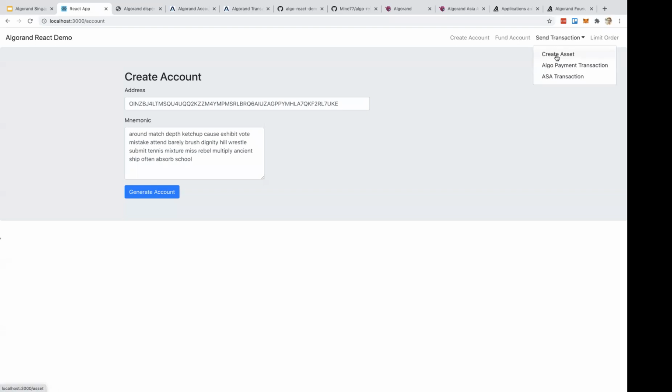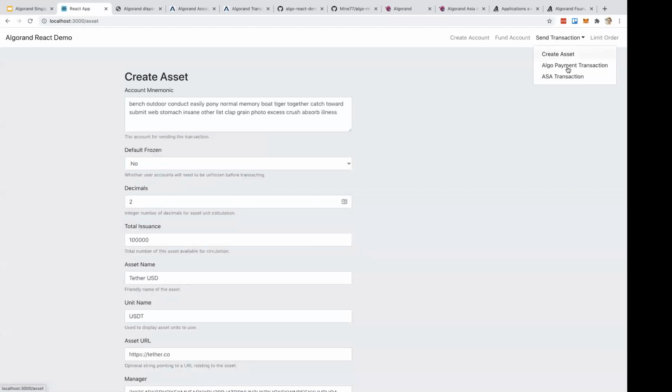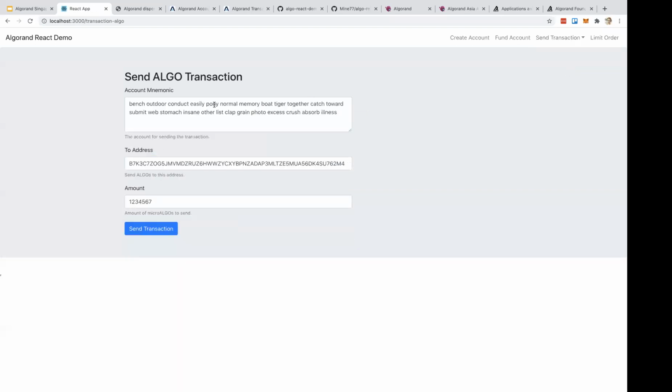And also, apart from creating an asset, you can also send a payment transaction. For example, you can send, sorry. So this is an account that I already have. You can use this as well. So this account already has some algos. You can send some